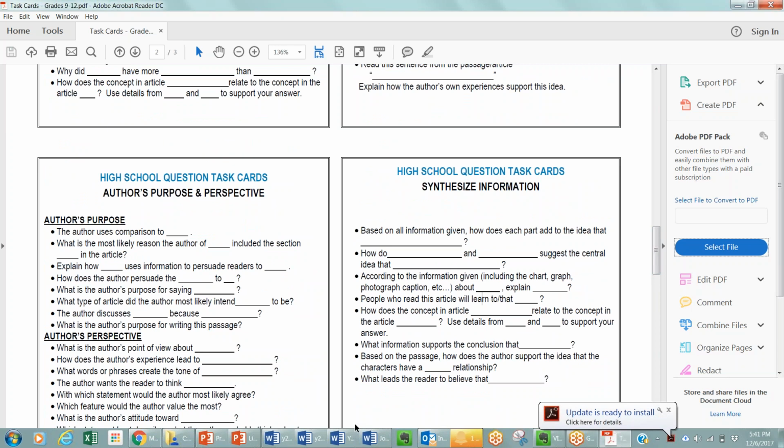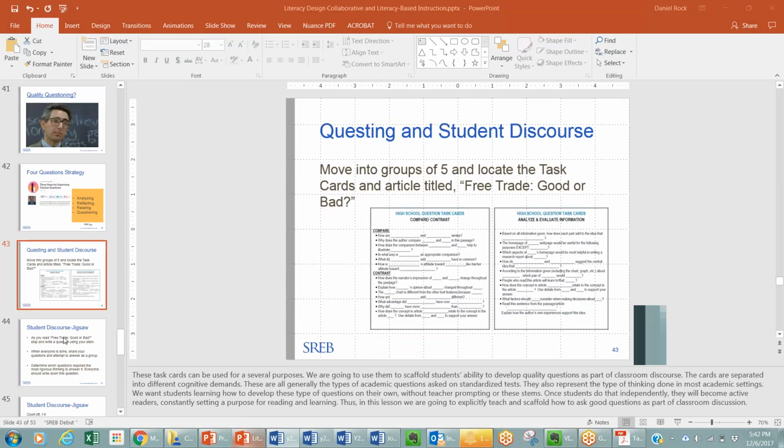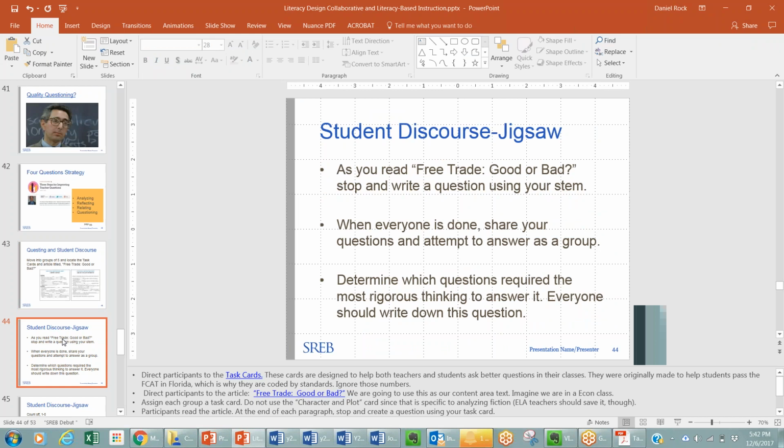So what I want to share with teachers here is how to use this or similar strategies to get students to scaffold the skill of creating questions as part of a classroom discussion. So what we're going to do is I'm going to give you an article. It's in the PRP called Free Trade, Good or Bad. You are in an economics classroom. At your table with your school,